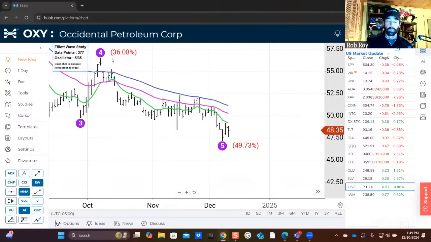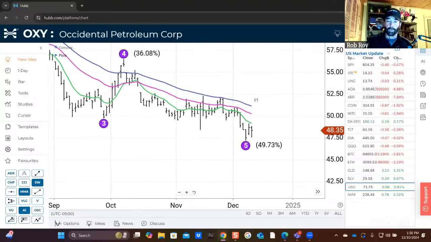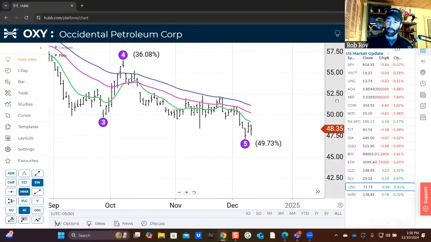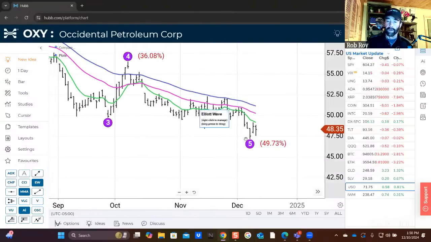So we had a wave 4 awfully close to the 38.2% level. That would lead you to a wave 5 around 61%, so not too much lower than there. I don't see an entry to go long right now. I think you need to wait, let that wave 5 be done, and the bounce to occur when a wave